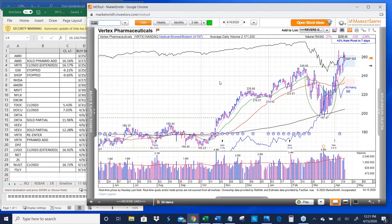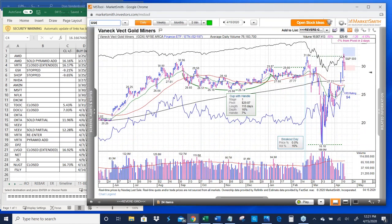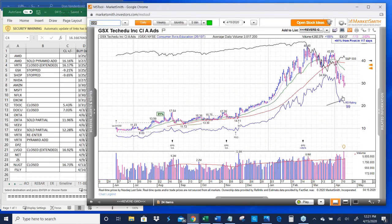So let's talk about two that didn't work here. That's right, Reverse Asset, we talk about things that don't work. GSX. This is a Chinese stock, and basically with everything locked down in China, this is an online education stock, showing extreme relative strength. This is what attracted me to it. Look at the relative strength line. But then a couple of weeks ago,